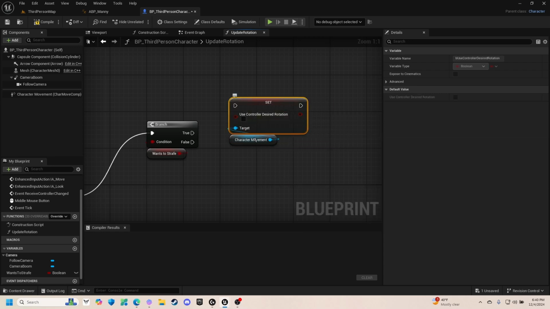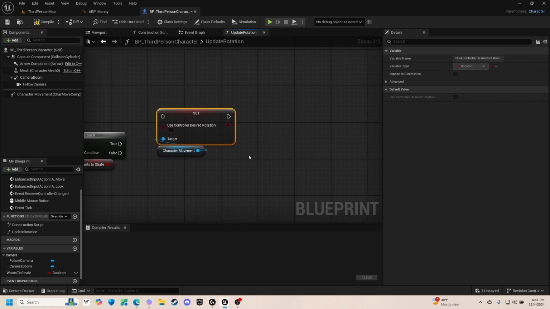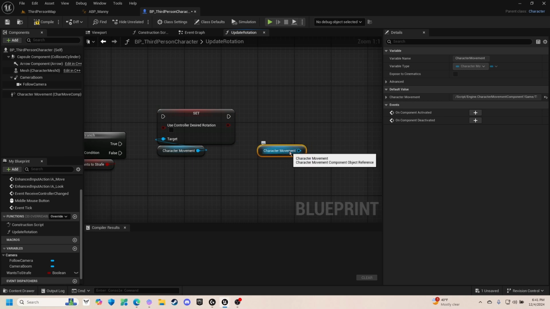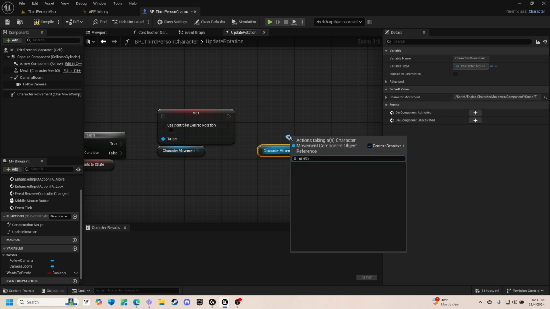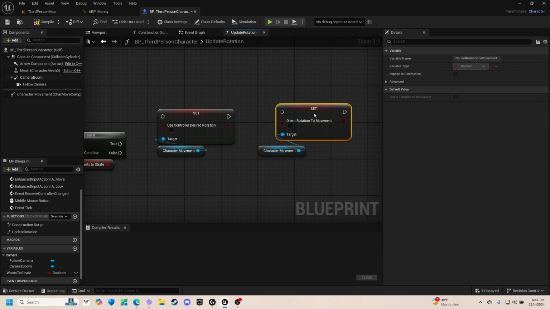And this is what is responsible for the strafing, where basically when this is toggled on and our orient to movement is toggled off, this in turn will then cause us to strafe. So go ahead and grab another character movement node, and off of that look for orient to movement, just like so, and grab a set and place that above there